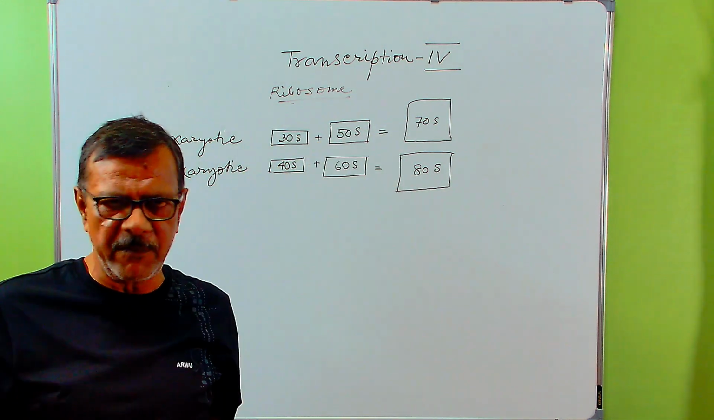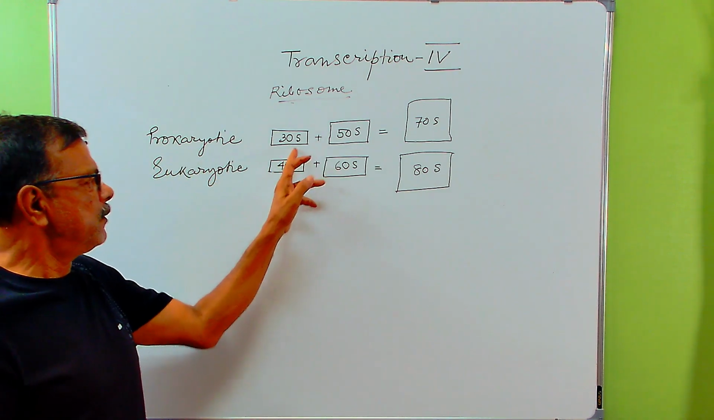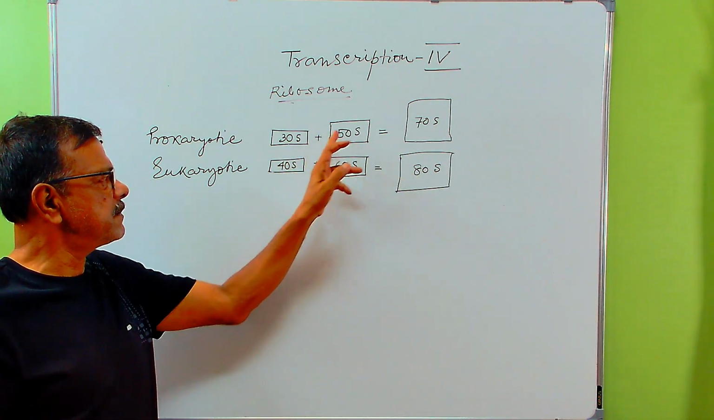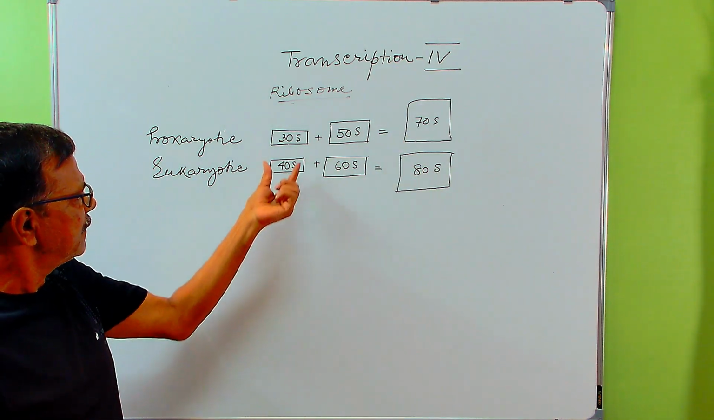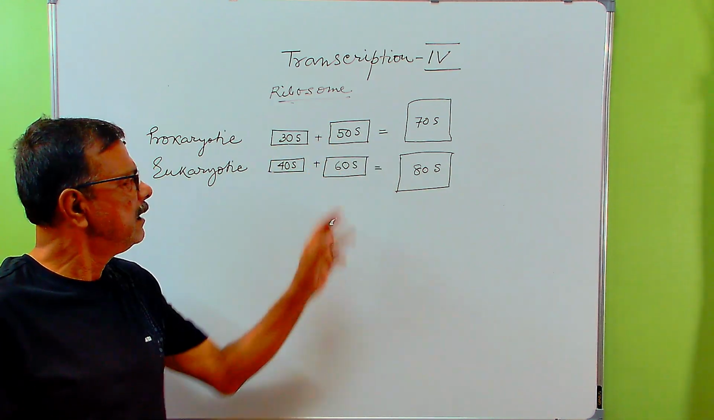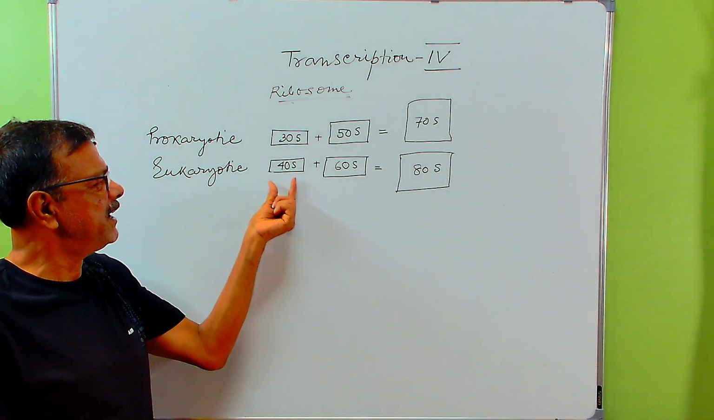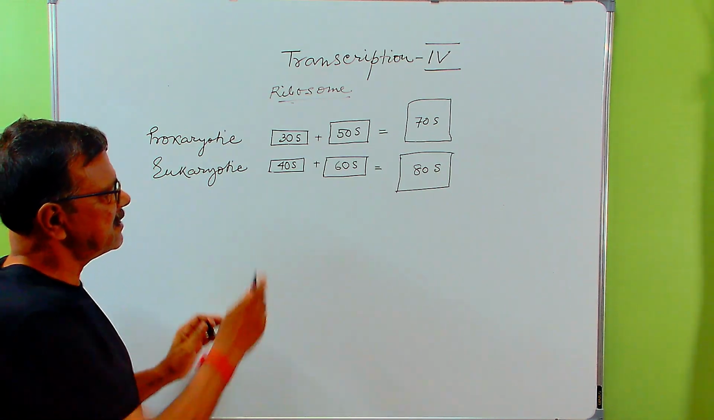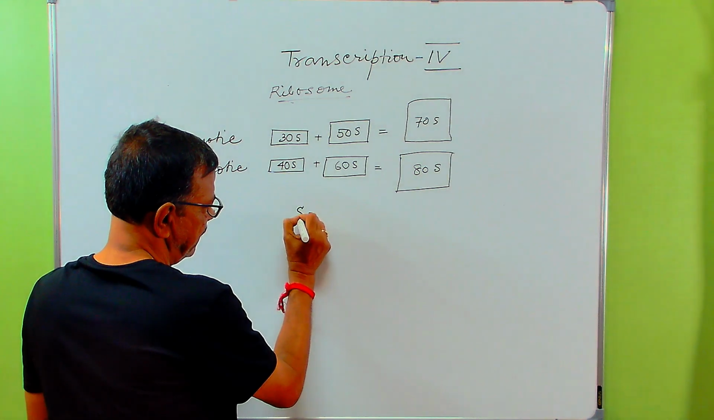No need of taxing your brain. Simply write prokaryote and eukaryote, smaller, bigger and much bigger. And write 30S, 40S, 50S, 60S, 70S, 80S. Now the question comes, why 30 and 50 is equal to 70? And why 40 and 60 equal to 80? Now this S is known as